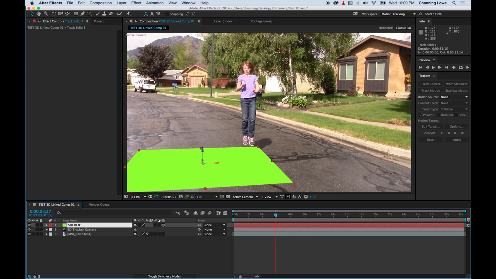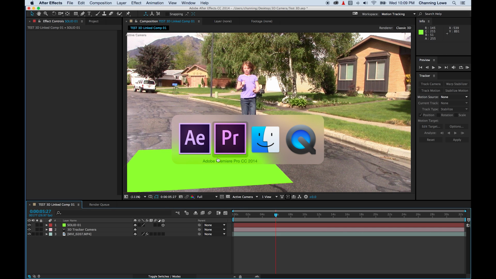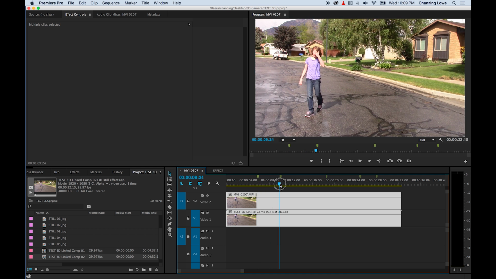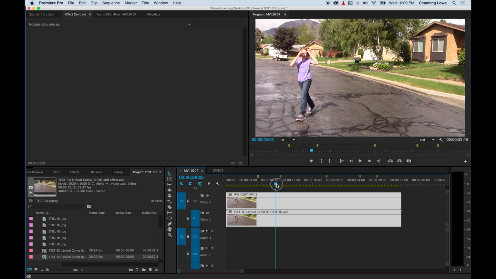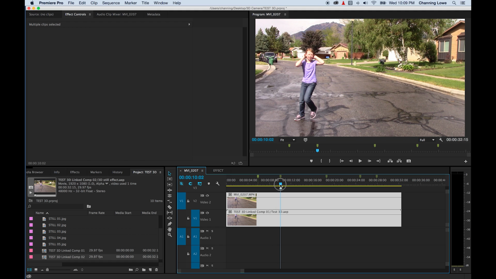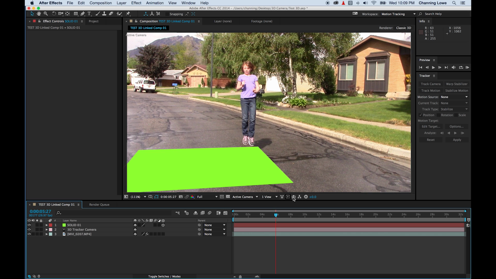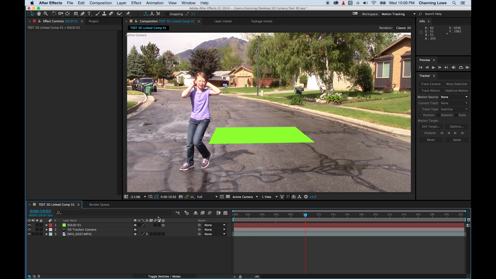Now I'm going to go back to Premiere and I'm going to do the same thing. I'm going to find each one of these. I'm holding shift, by the way, to lock to my marker there. It locks right there. I can tell this is exactly on 10:02. So I'm going to go over to After Effects, go to 10:02, return, and we're going to add one more